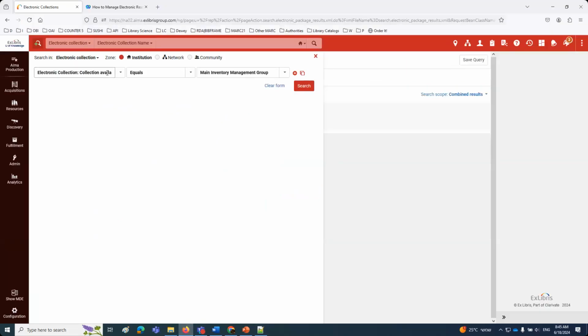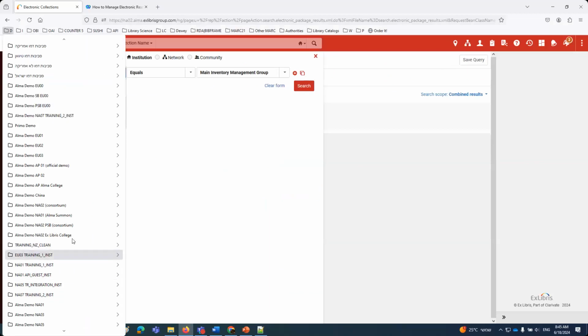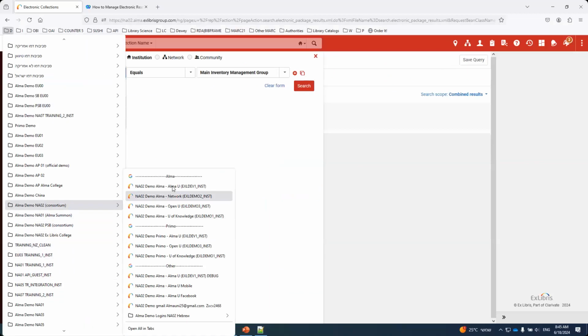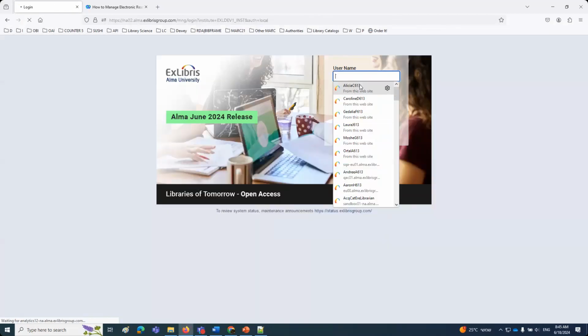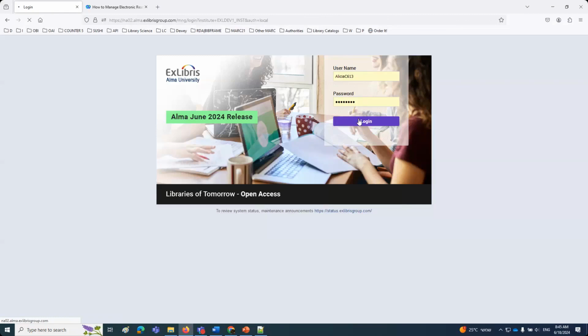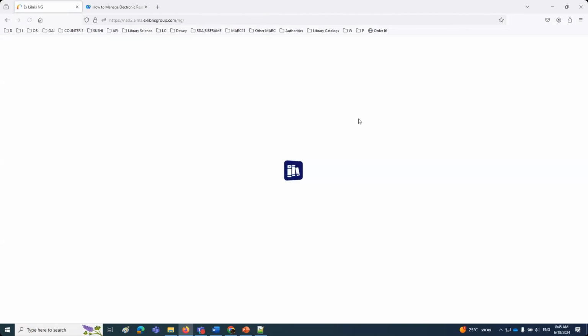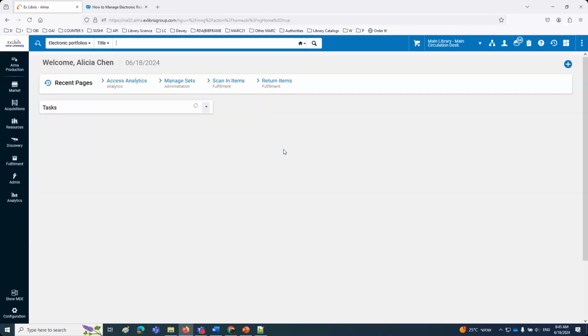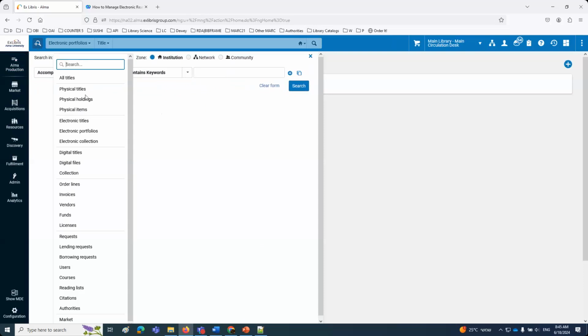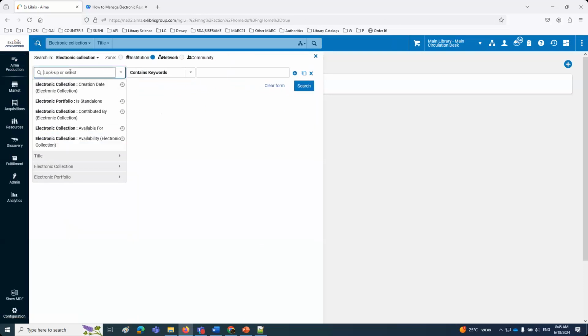When we're here and we say available for group, let me go into Alma University because I've got more examples there. And here. So it's the name of the group. So I'm only going to see the groups that have been defined. By the way, there's a whole other topic for some other day that you can divide your own institution into inventory network groups. For example, by campus or library, but we're talking about on the level of the network. So when we look here for electronic collections and we say available for group,